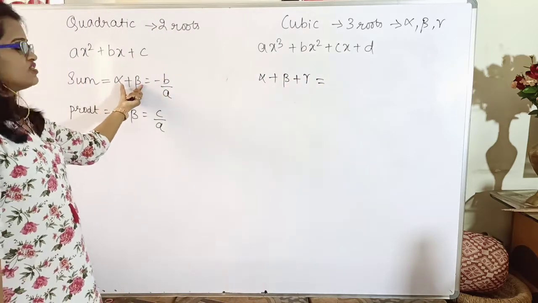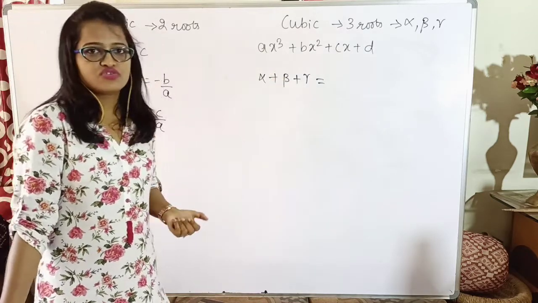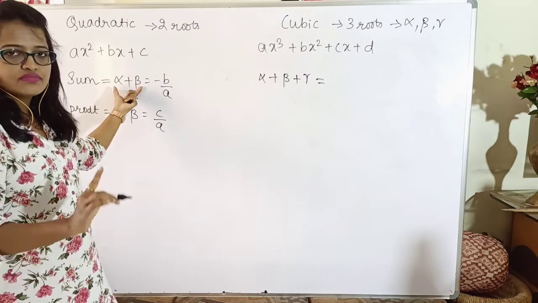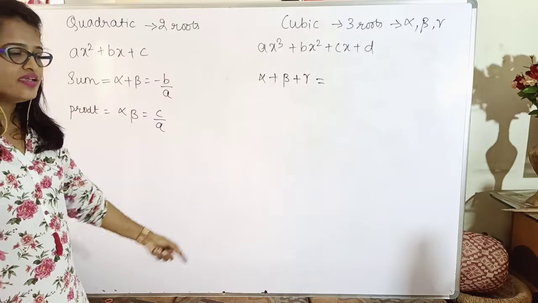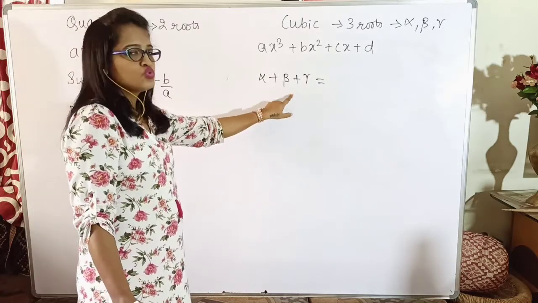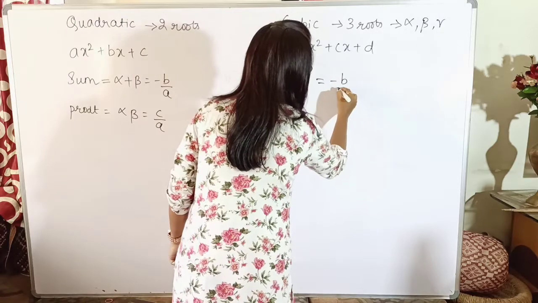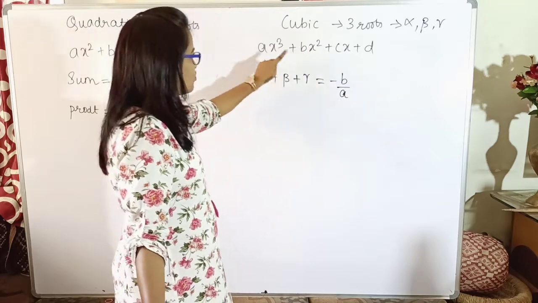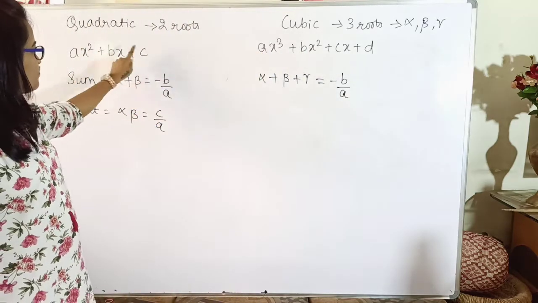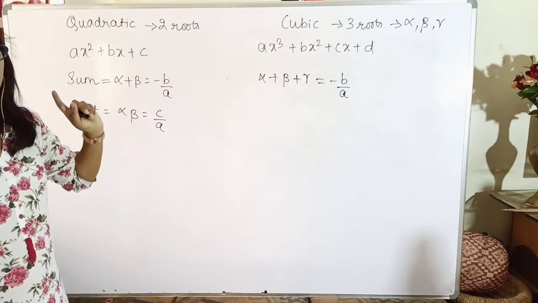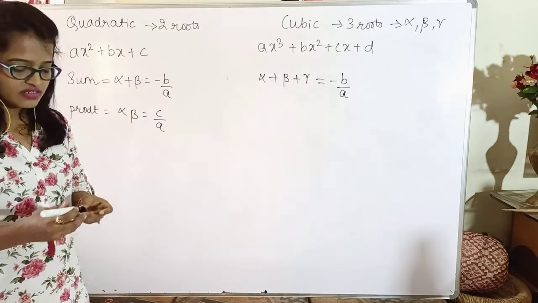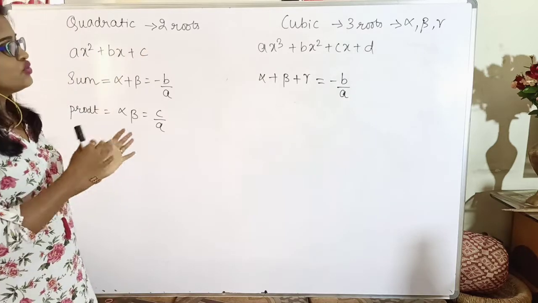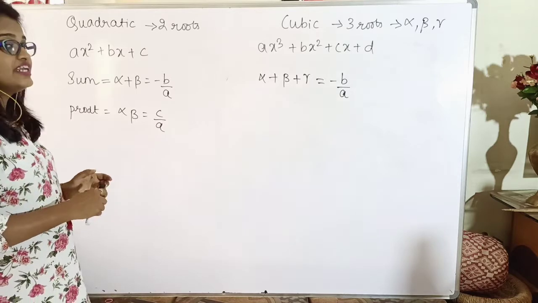So whatever is the value here, you will get the same value here also. Here, taking one root one time, adding them, the value is equal to minus b by a. Similarly here also, taking each root one time, the value will again be the same, minus b by a. But here b is the coefficient of x square, whereas a is the coefficient of x cube. Here b was the coefficient of x and a was the coefficient of x square. So that's why I say that instead of remembering it in terms of the coefficient of x square or x cube, let us try to remember it this way. It is very easy. You can apply it for any type of polynomial or any degree of polynomial.